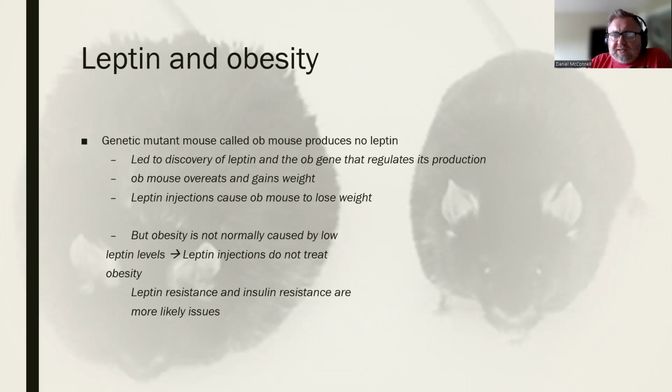Now you might think, oh, does this mean that we can use leptin injections to treat obesity in humans? And as it turns out, the answer is no, because humans with obesity issues are not experiencing that because of some genetic mechanism that causes them to insufficiently produce leptin. Instead, it seems to be much more of a resistance level, that the hypothalamus in the brainstem, where we find those receptors on their dendrites.